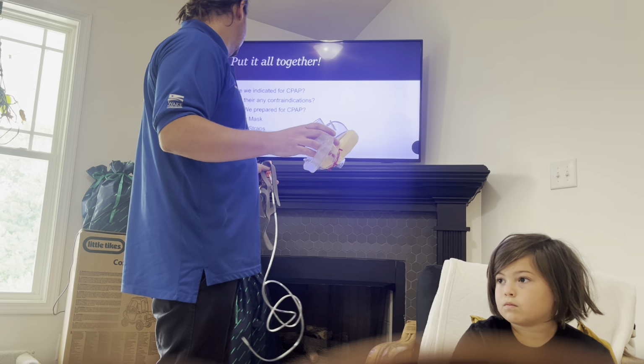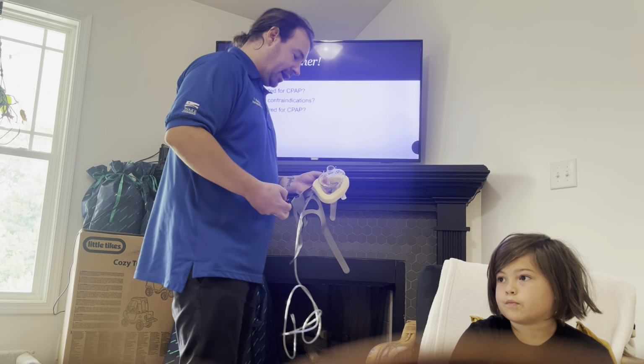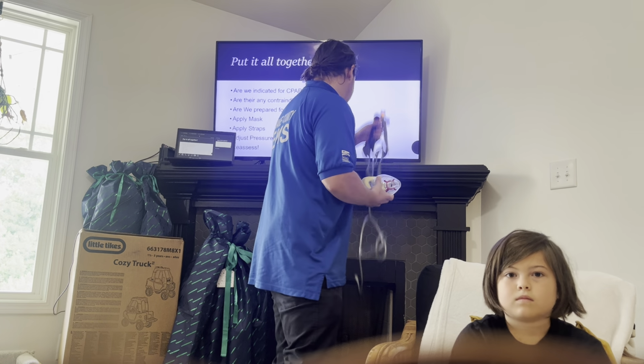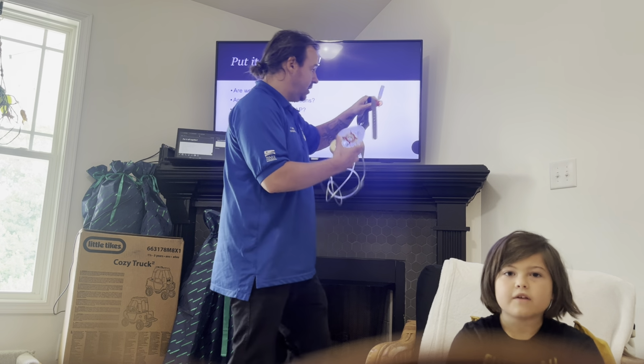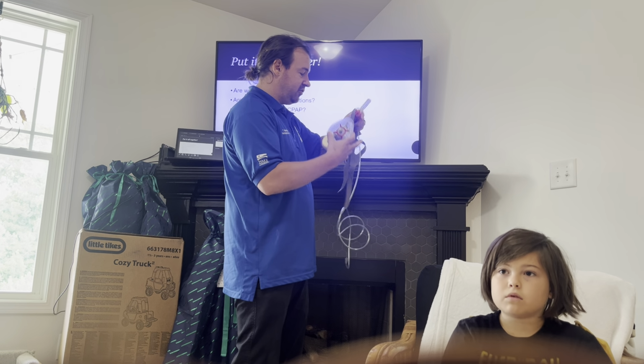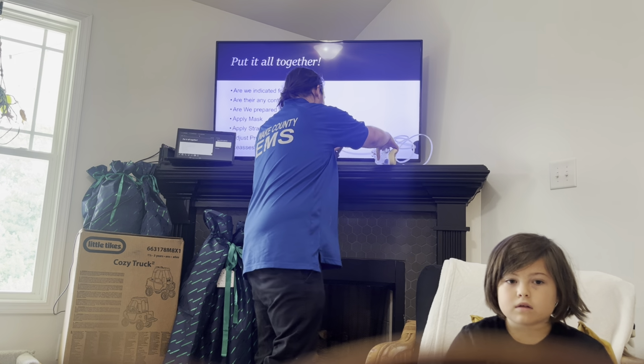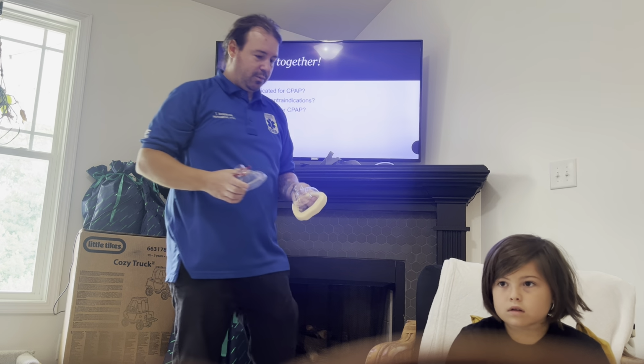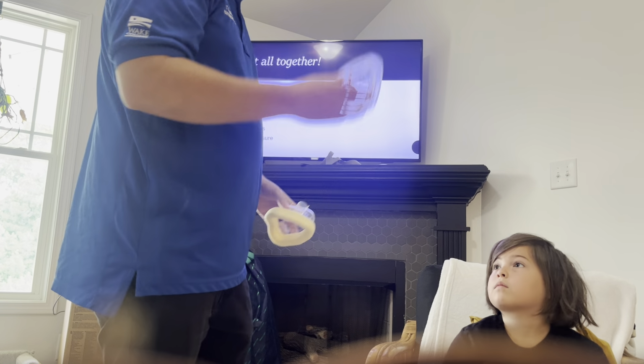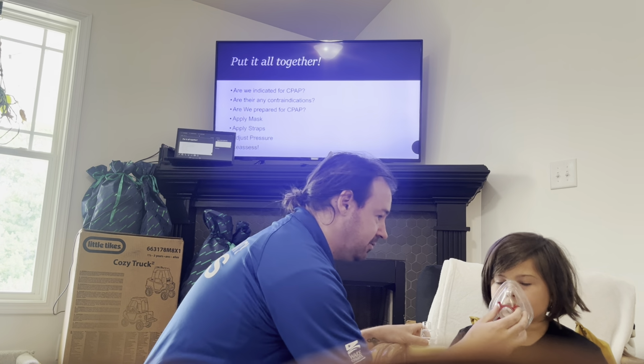So we'll start by connecting the oxygen, right? We connect the oxygen to this. We notice that oxygen is coming out, so we've got good tubing there. Then we need to determine, do we have the right mask? We have 2 different options here. We've got this one,